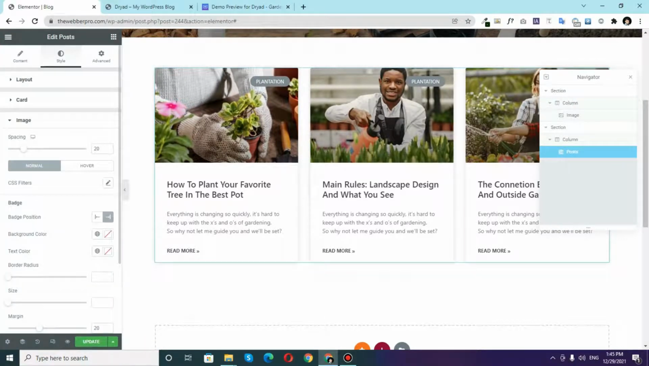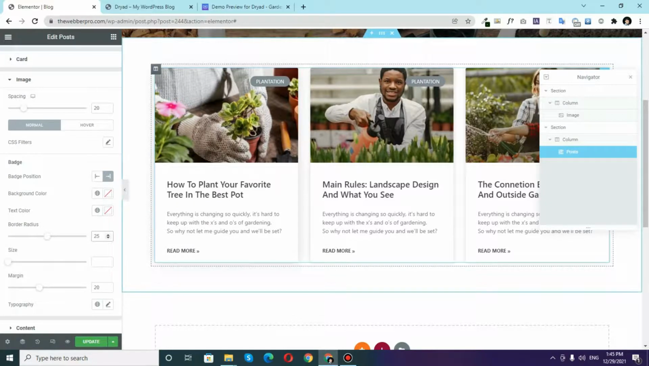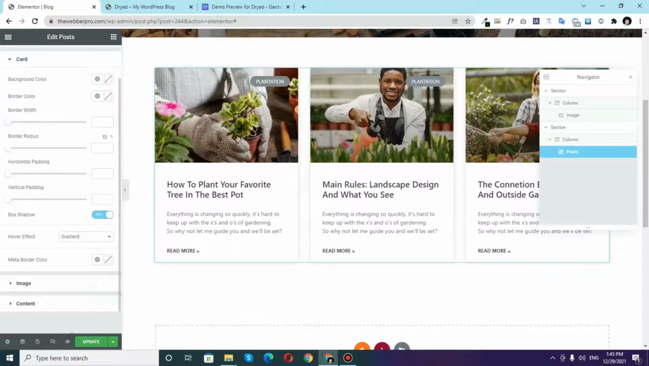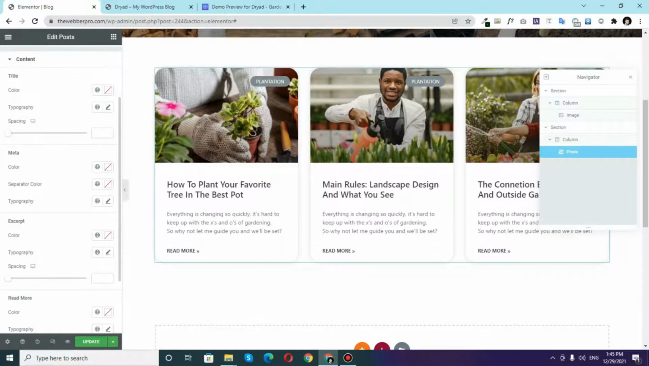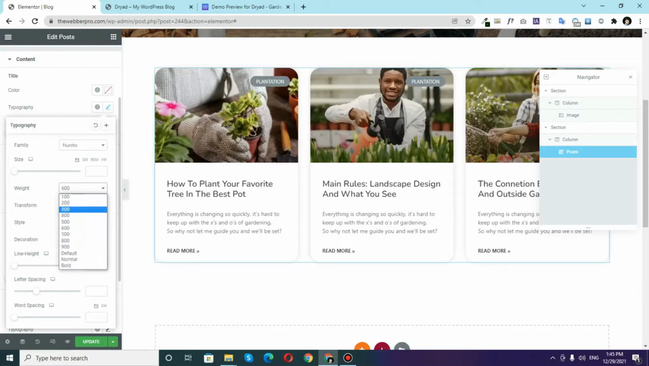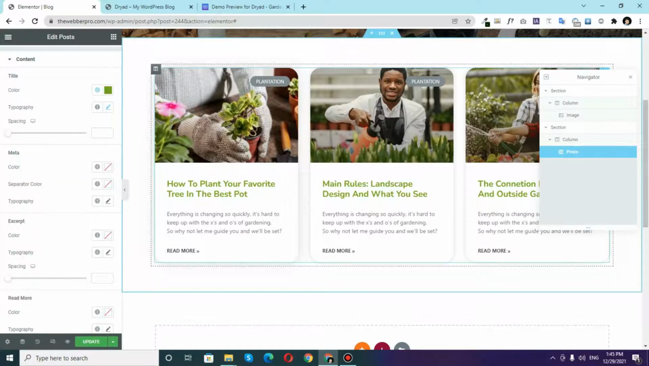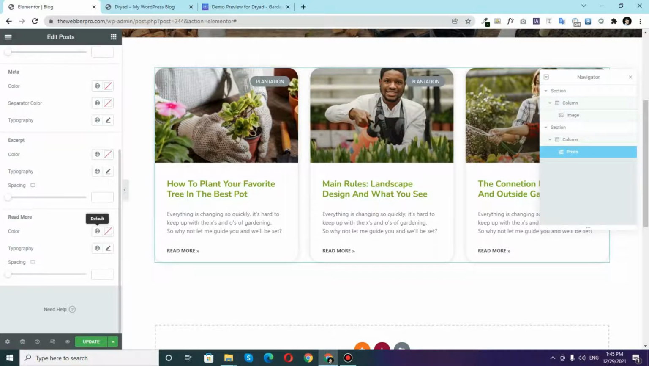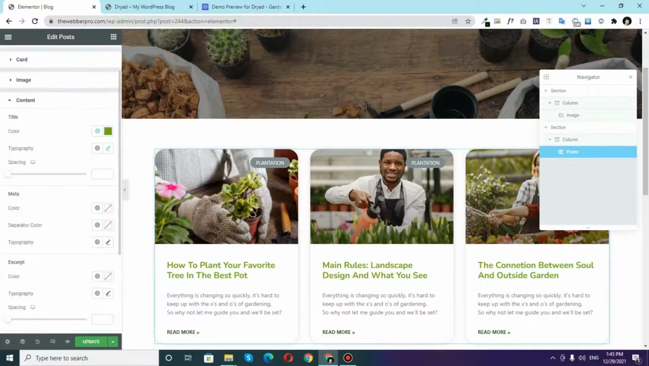Card is fine. For the images, I may increase some border radius to something like 15 pixels, and for the cards, something like 15 pixels. Now for the content, I want the titles to be Nunito, and their weight to be 700, and the color to be green, just like this. And for the read more button, I want the color to be dark green, and the font size is fine. And the last thing, that is badge,